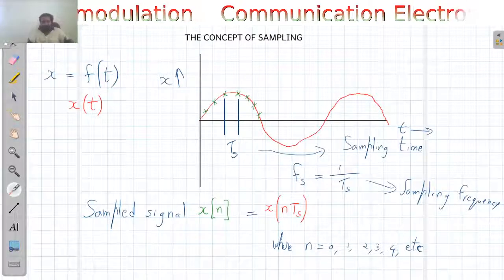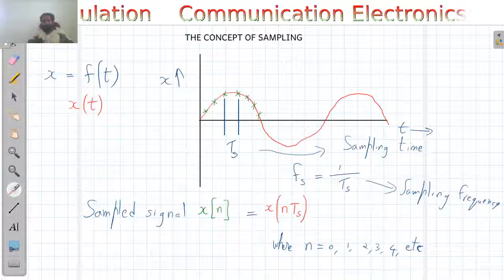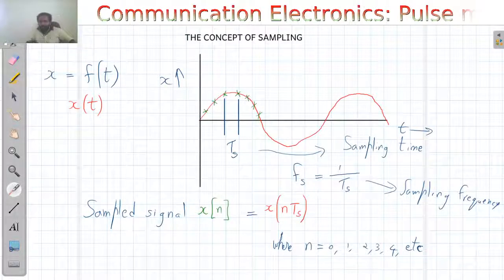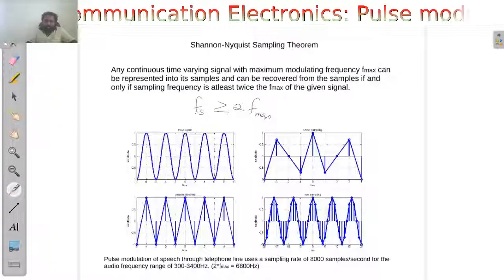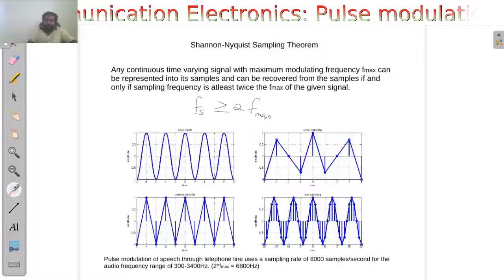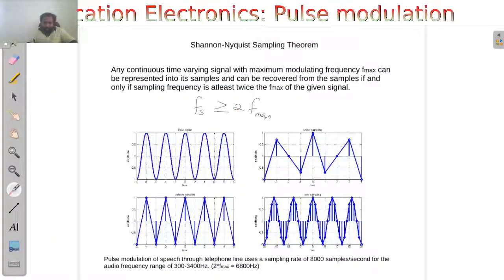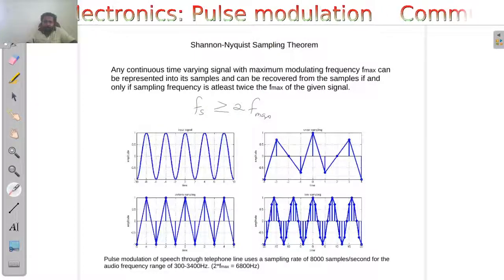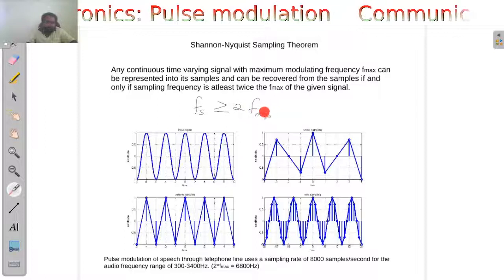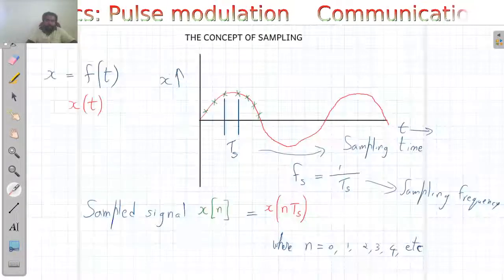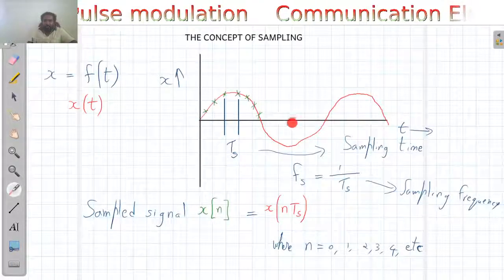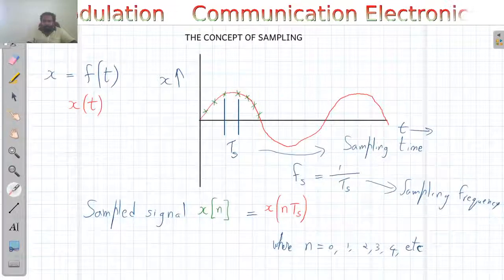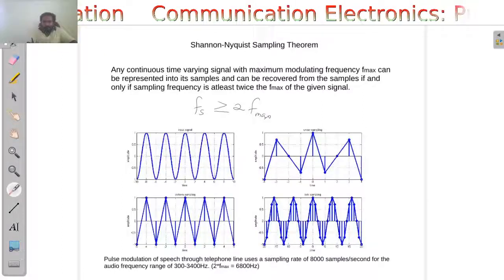Okay. So these are the two boundaries, and you have to choose between the two, the quality versus the bandwidth requirement. Okay. And you cannot go to a sampling frequency that is less than twice the maximum modulating frequency. That is what Shannon-Nyquist sampling theorem says. You have to ensure that your sampling frequency is much higher than 2 times the frequency of the maximum modulating signal. Okay. So in this case, your maximum modulating signal has frequency like it is the inverse of this time period. Okay. So that's it.